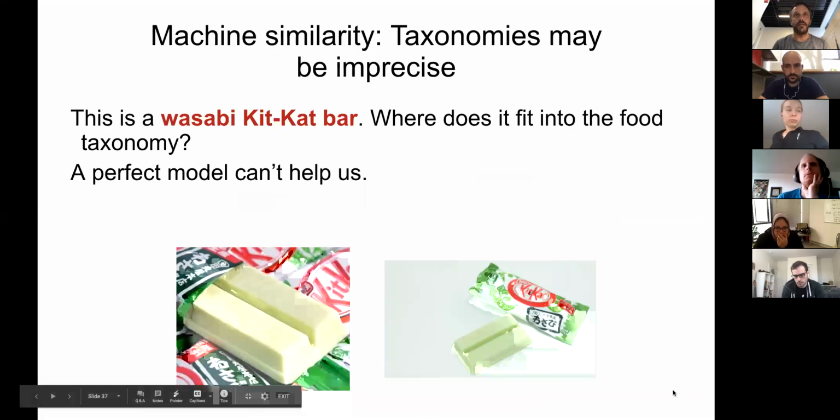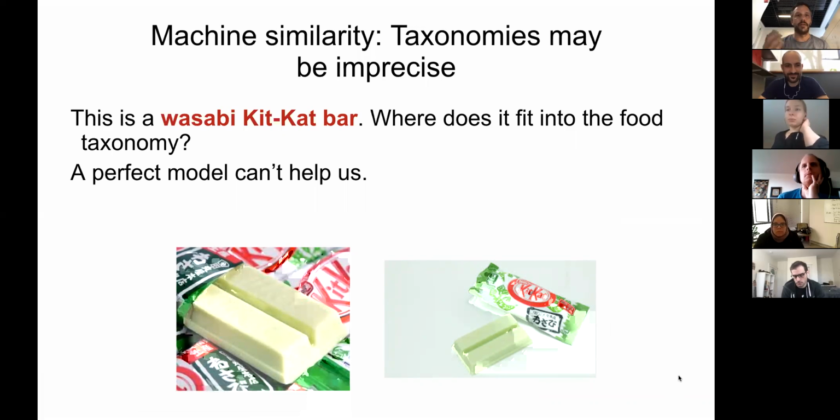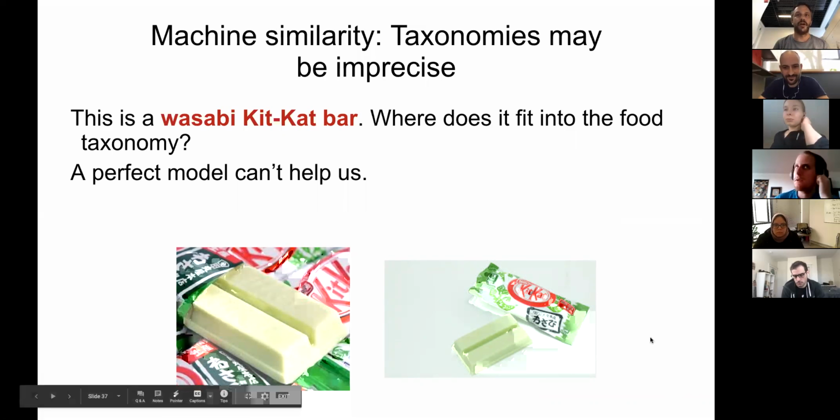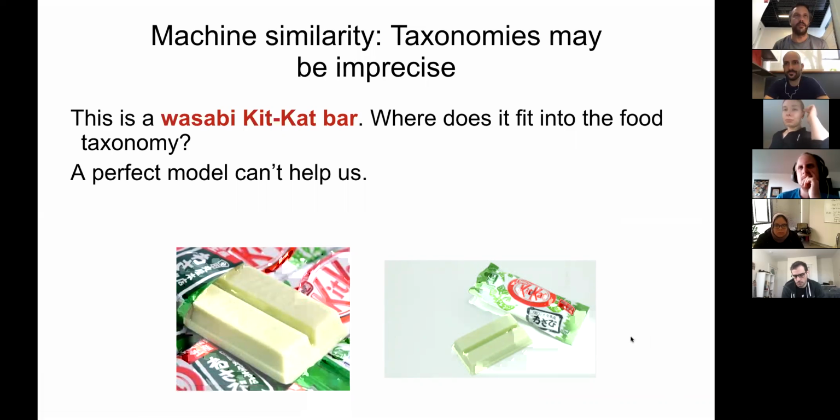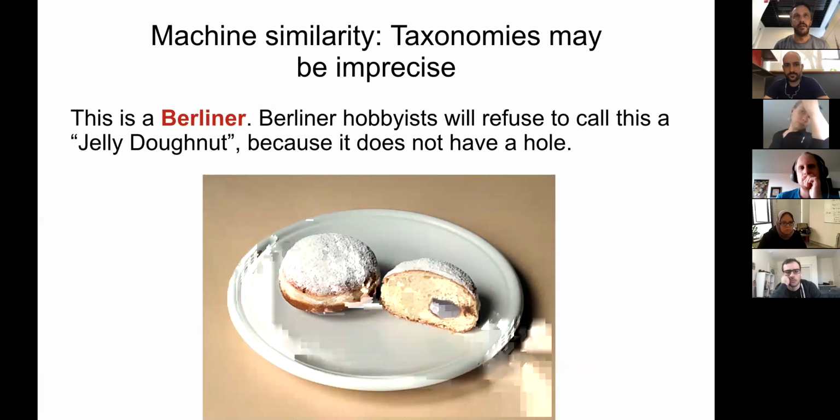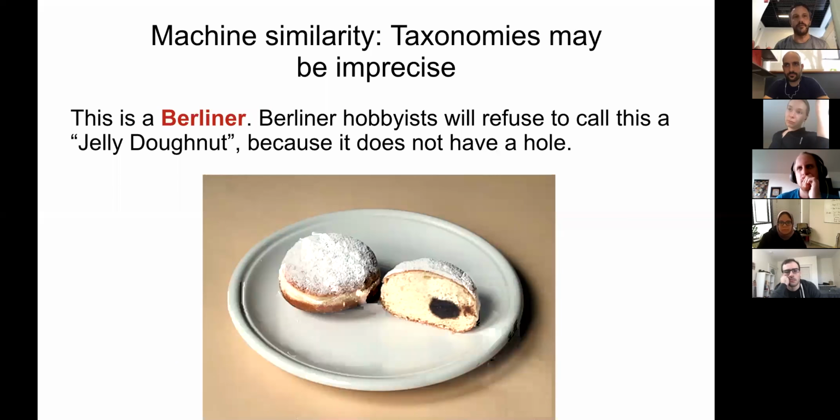Then you get these strange cases like, I don't know if this is real, but suppose it is, a wasabi Kit Kat bar. That's kind of a genre-defying thing. It's sort of a dessert, but I wouldn't think of wasabi as a dessert kind of thing. Where does that fit in your hierarchy? Chances are you didn't have a node for that, but it would still be nice to be able to put that into some kind of high-dimensional space and make sense of it. There are also things where different cultures give rise to culinary traditions, and they produce very similar foods, and they're called different things.